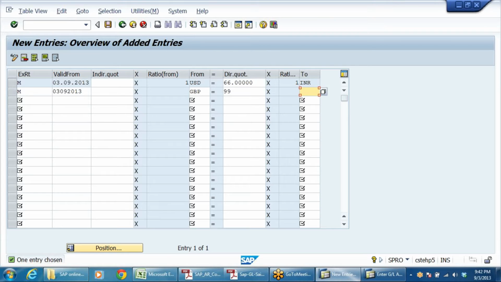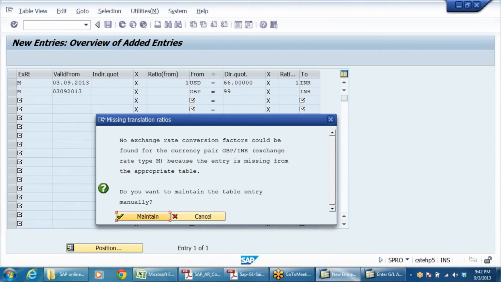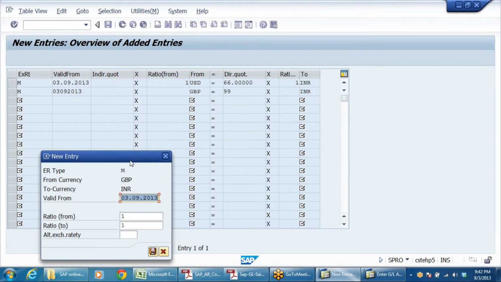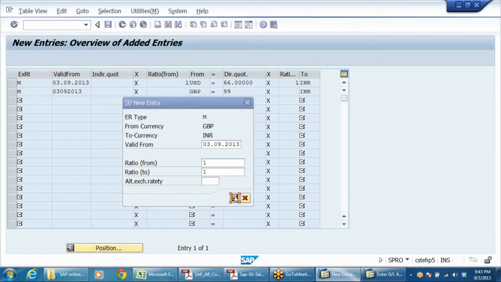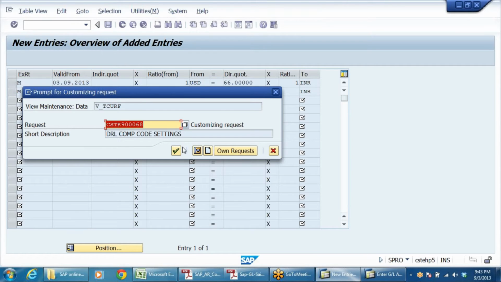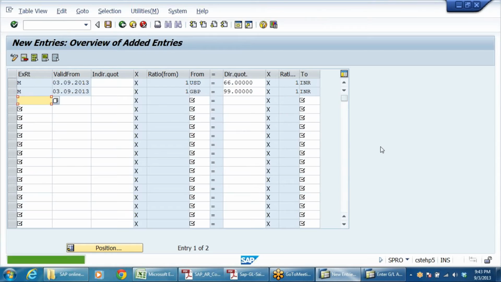Exactly reverse, 66.99, right, into INR. So no exchange rate conversion factors could be found. Okay, maintain, yes, maintain. So from 39 onwards, ratio 1:1. These two we have done. Right. Come back.